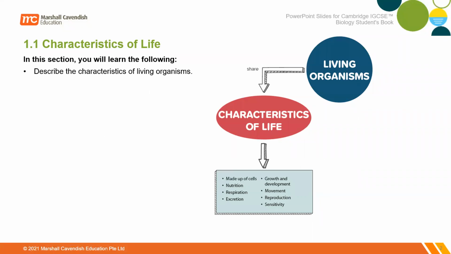The first part of topic 1 is related to the main characteristics of living things. In order to decide if we have a living organism or not, the organism that we want to check should have 7 characteristics, and we call this Mrs Grin because we took the first letter of each characteristic and combined them